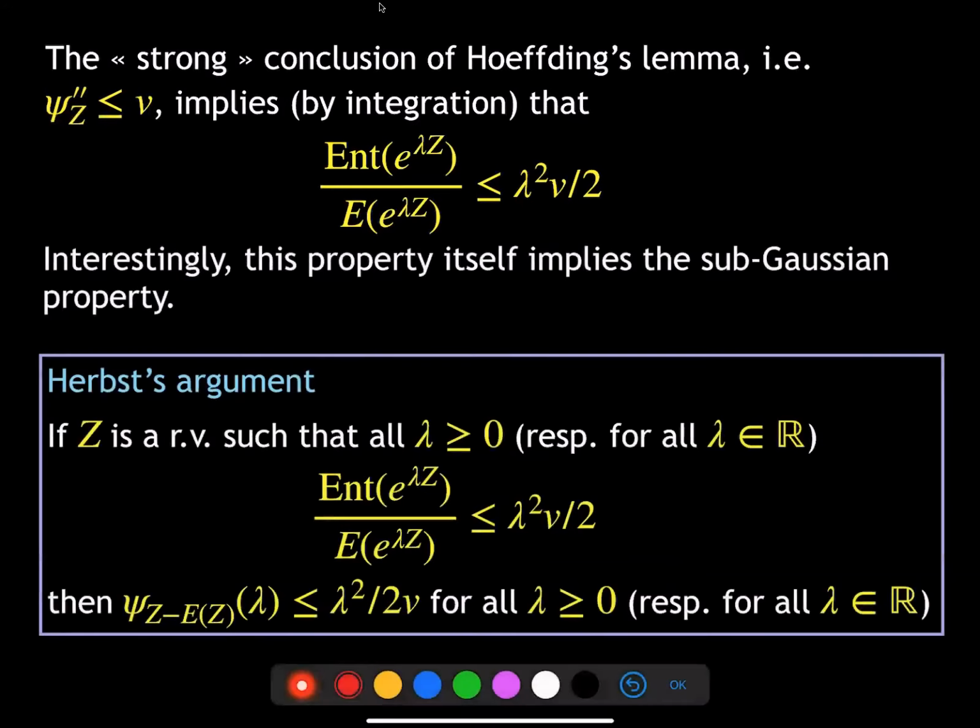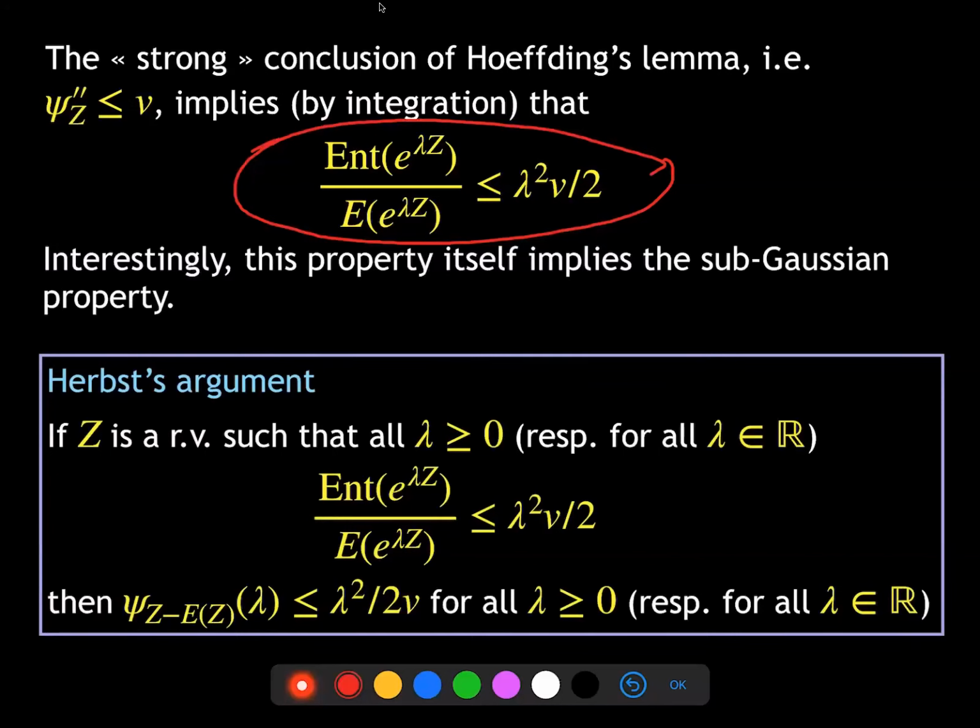Okay, but now the interesting fact is that if you take this and you ask yourself, well, what does it mean for a random variable, this inequality here? The answer is, it means that it is subgaussian. So what we have in our pocket now is that if you take a bounded variable, then this inequality holds. And if this inequality holds for a variable, this means subgaussianity. So we have a way of encoding subgaussianity here.